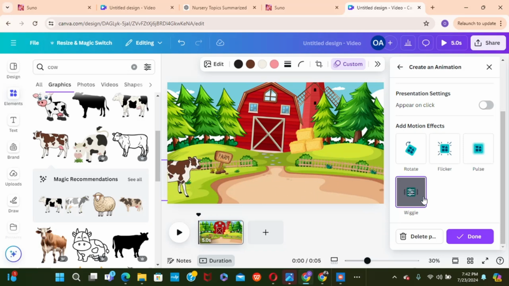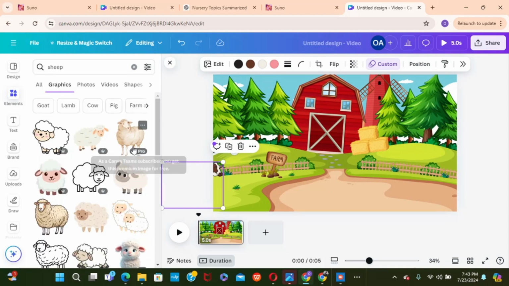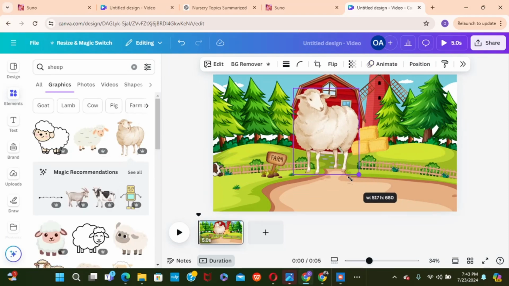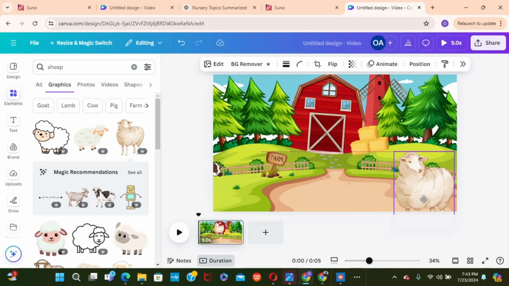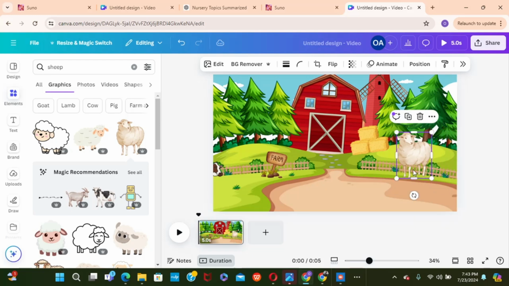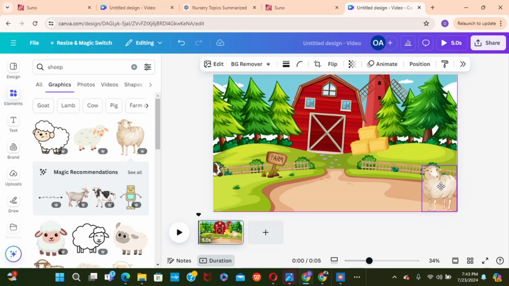Now let's search for the picture of a sheep. This looks okay. Let's resize. Then we follow the same step we used in cow. But this time, the sheep moves from right to left. It looks good. More animals will be added